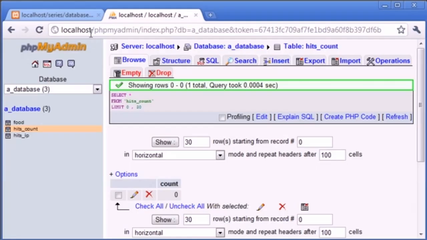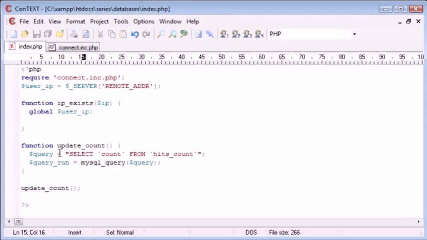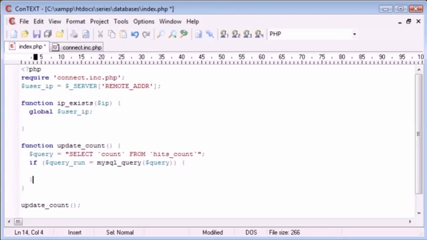Okay, let's go back to our page and see if we have any errors. Okay, we don't, but I want to make sure we don't run into any errors, so I want to say if, and I'm going to enclose this in brackets, then we continue. Okay, if not,